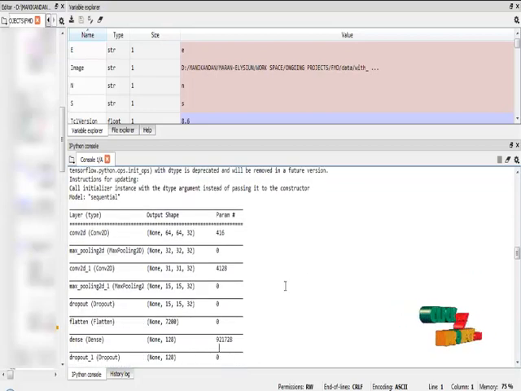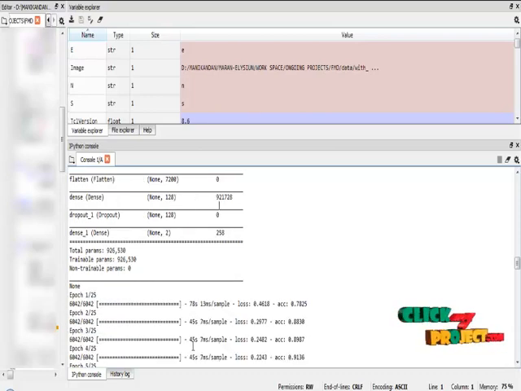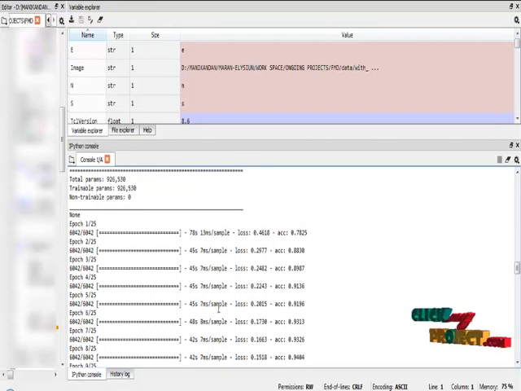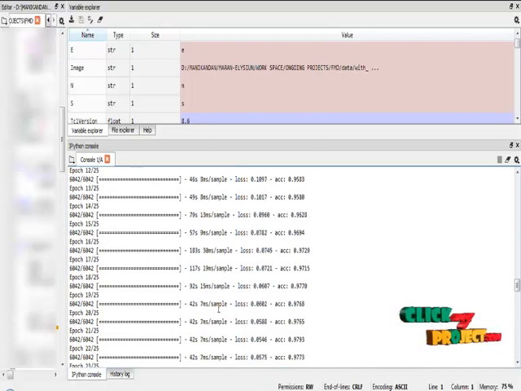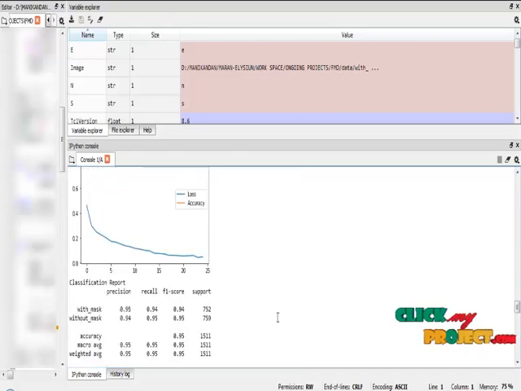So this is the convolutional neural network algorithm architecture. This is the summary result of the convolutional neural network algorithm. In every layer it takes trainable parameters, and the overall trainable parameters are 926,530. It will take the with mask and without mask images based on the categories and train the images based on the CNN trainable parameters. I trained for 25 epochs, and I finally got the accuracy result of CNN as 99%. So this is the performance graph of the CNN algorithm,